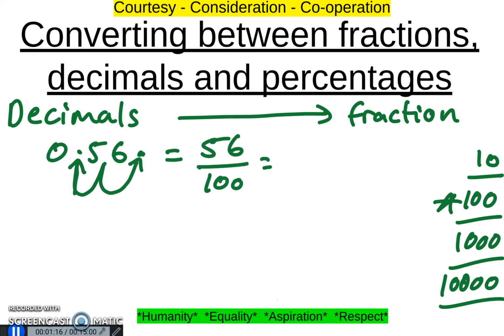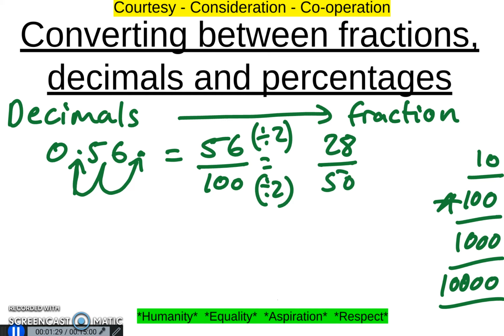And then guys, I need to simplify this fraction, so what I can do is divide the top and the bottom by 2. So I will get 28 over 50. I can do it again to get 14 over 25. Okay,